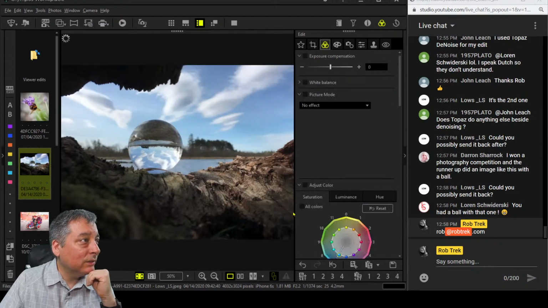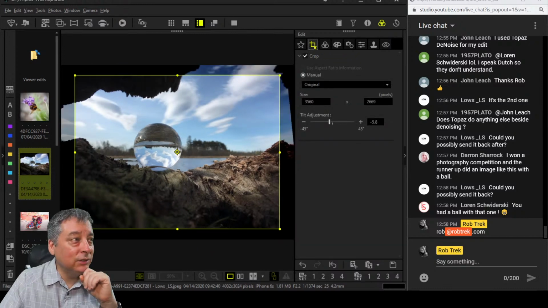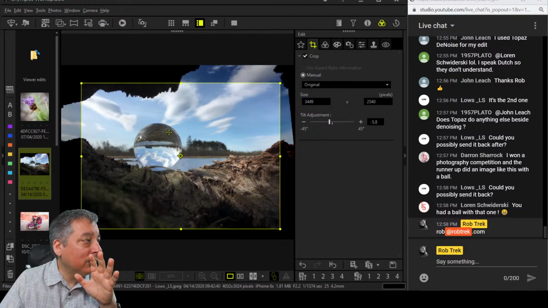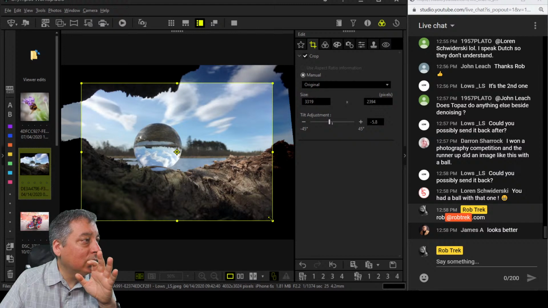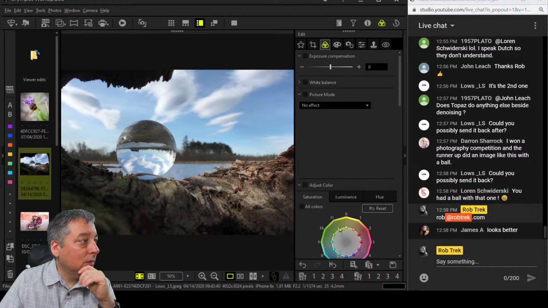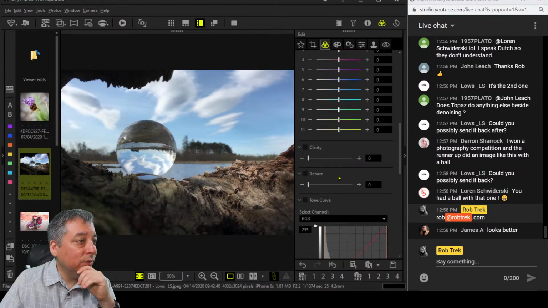Let's see how that looks. Okay, we're there. I like that better than the Dutch angle. I mean, I like the Dutch angle, but let's frame this a little bit differently. I don't want this blurry stuff in the bottom, this green mush. And all right, let's do some